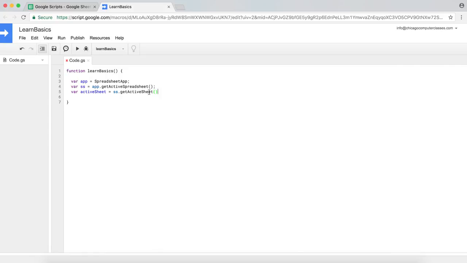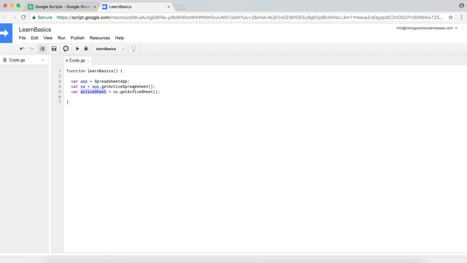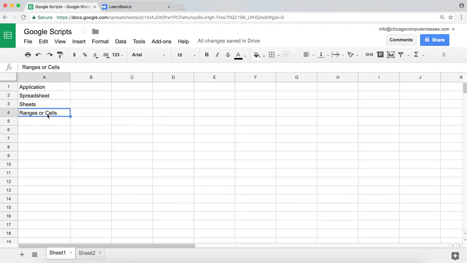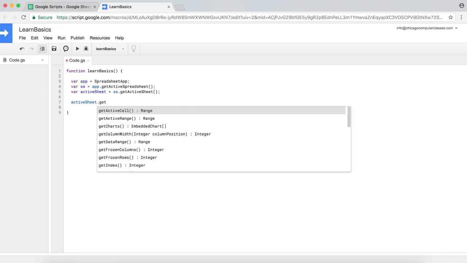So there it is. By the way, you select one of these by hitting enter, and then a semicolon to end the line. So that will get us the active current sheet, which is going to be sheet 1 in this particular case, right? And then on that sheet 1, the next level is our ranges or cells. So I'm going to go inside of that new variable, which is called active sheet, copy that, and dot,